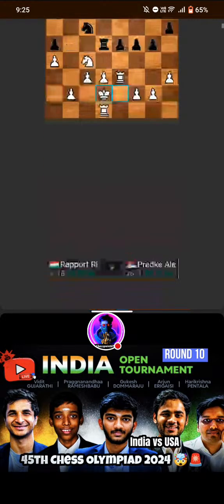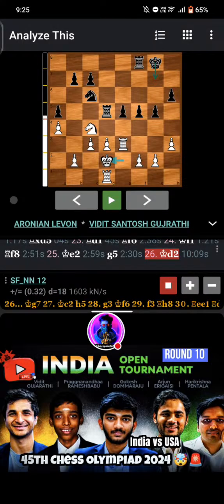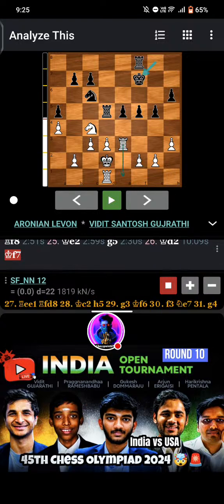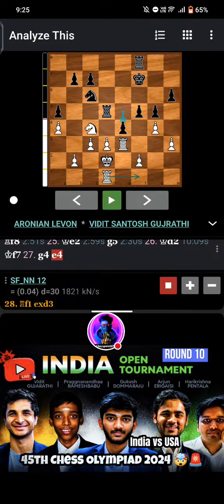I think let's go to see the Vidit game here. So it's a position where it's a draw. It's a draw, or it's an Indian chance. I think king f7, g4, e4. So I say that if someone wants to see the endgame here, it's a good opportunity for us to see this pawn ending or rook versus knight game. So it's important to see this game. So let's see